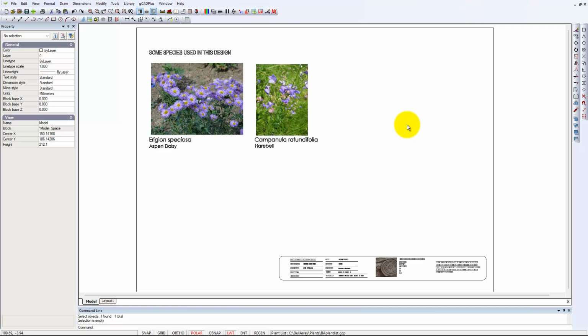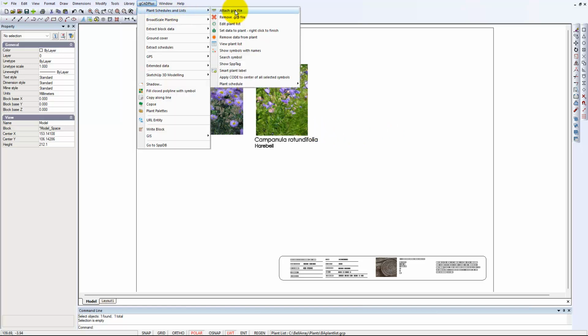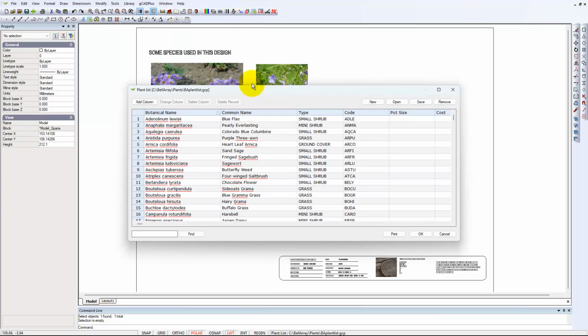Well, I'd like to use this gCADPlus design for a site in Colorado in the US to illustrate how useful the plant database file that is used with gCADPlus can be. And I can activate it by going gCADPlus and edit the plant list. So here's a plant list of native species for the area, and I'll just widen